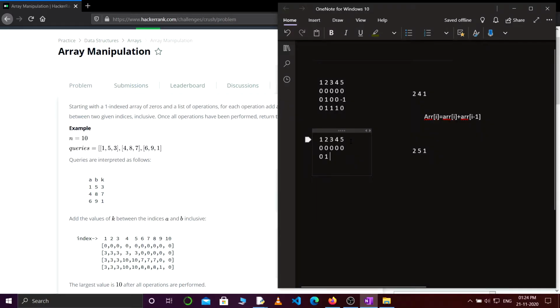Does 6 index exist? No, so we'll be doing nothing. So 0, 0, 0. And finally I'll be using this formula, so it will give us 1, 1, 1, 1, right? So this is the solution for this question. This will create the final array and we can return.